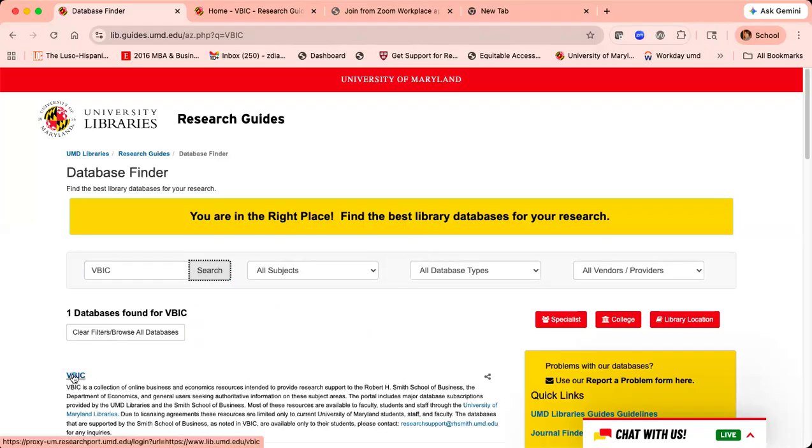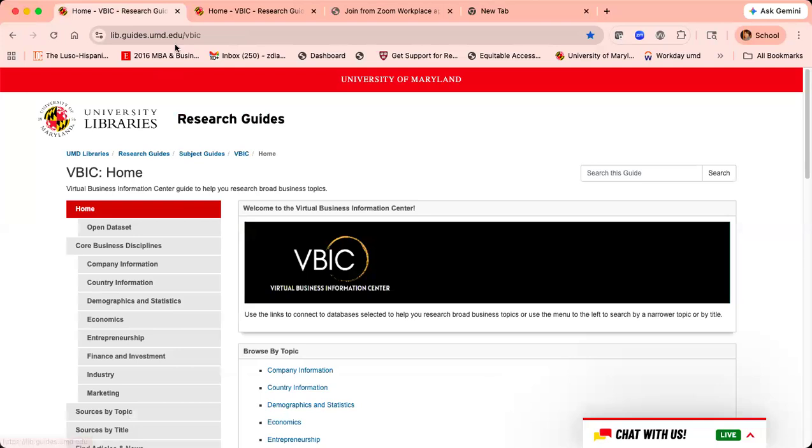And here it is. This is one way to find VBIC. The other way, once we get to the website, you just get the URL, lib.guide.umd.edu/VBIC. You can type this URL and get to it. That's another way to get it, because this is a guide, this is a portal, but we have it listed